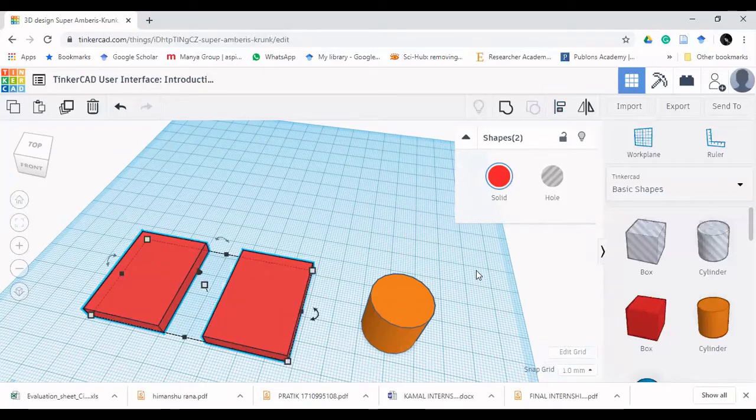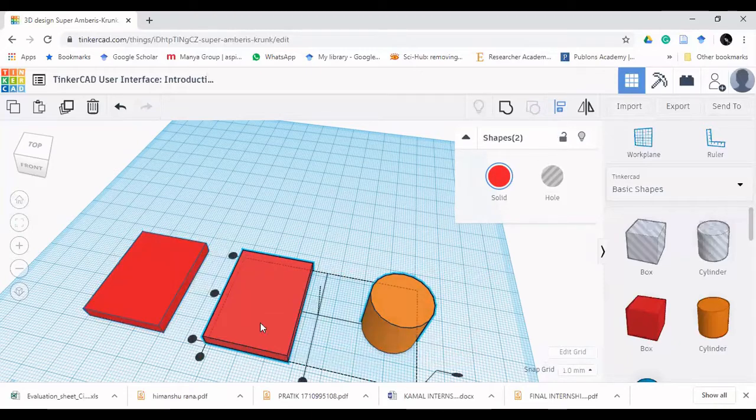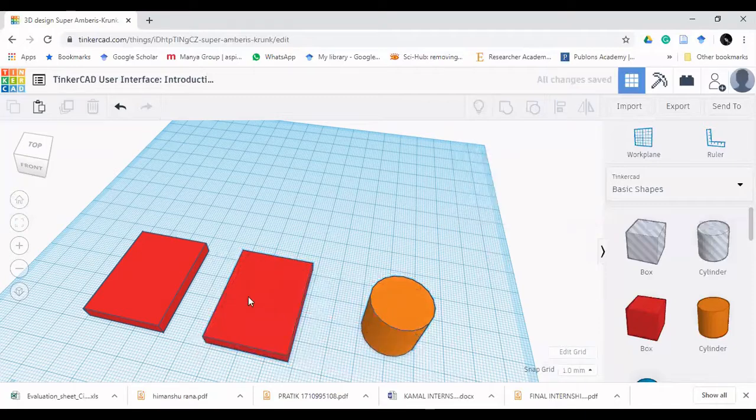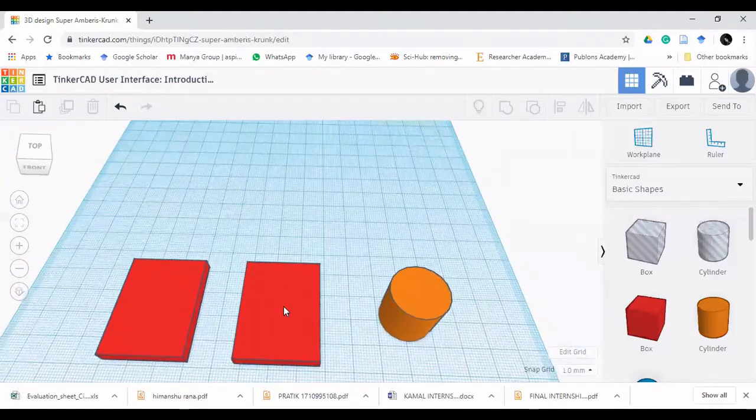You can align this as well. Let's see, we select these three and then select a line, then move it. Now this is aligned to the center of this rectangle. Now next thing, if you want to place a cut in this, what you need to do is select this